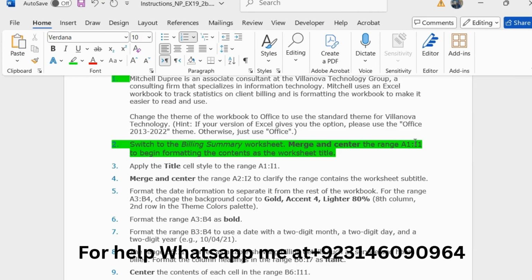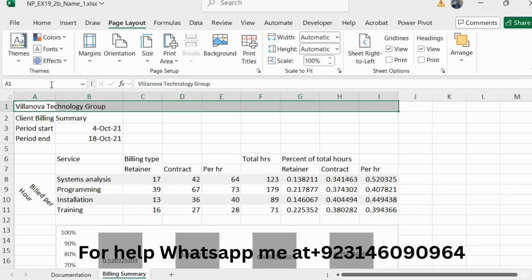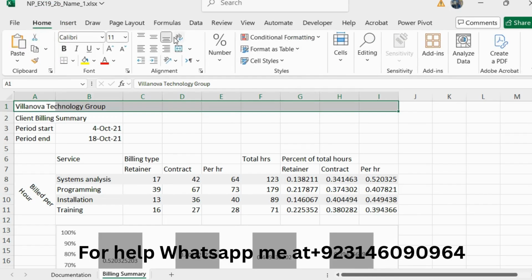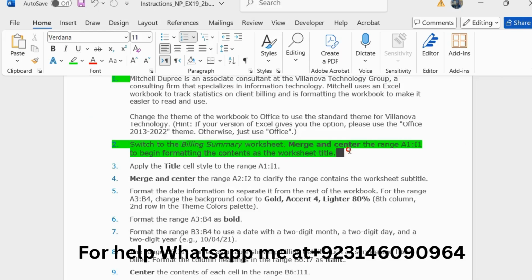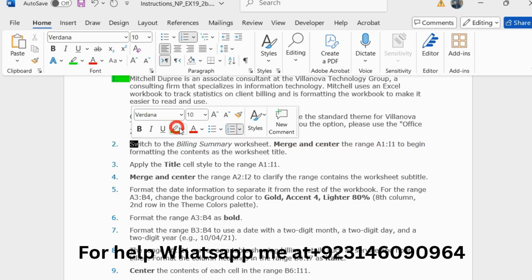So select the range A1 to I1. Go here, A1 to I1, and go to the Home tab and click on Merge and Center to merge and center the range. So I have completed two steps successfully.